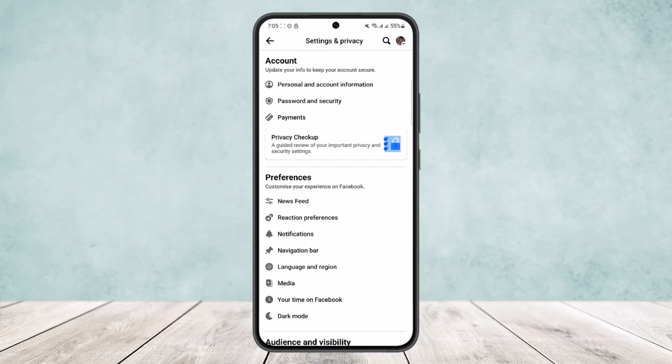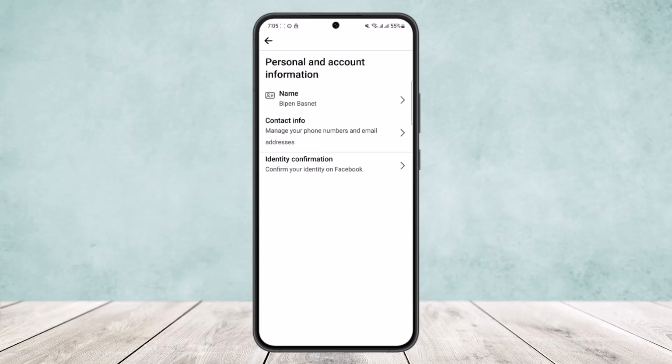Now what you want to do is head into the first option, personal and account information, and here you'll be able to find the option account ownership and control, and under it you'll find an option to deactivate or delete account. Now like me, if you don't get the option right here, what you can do is head into